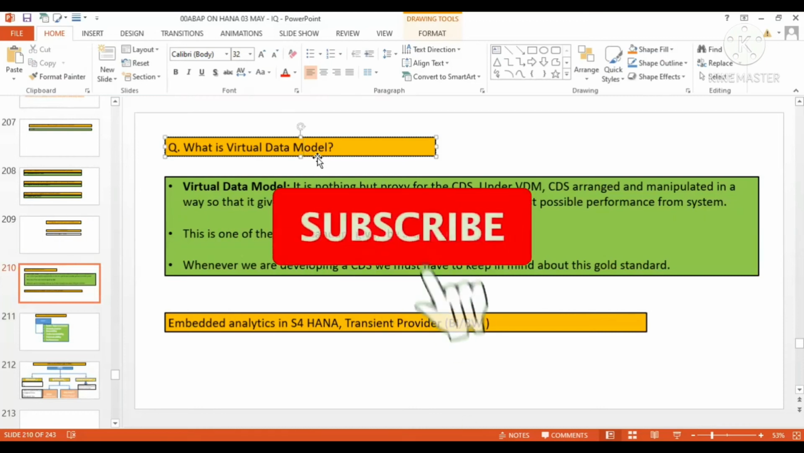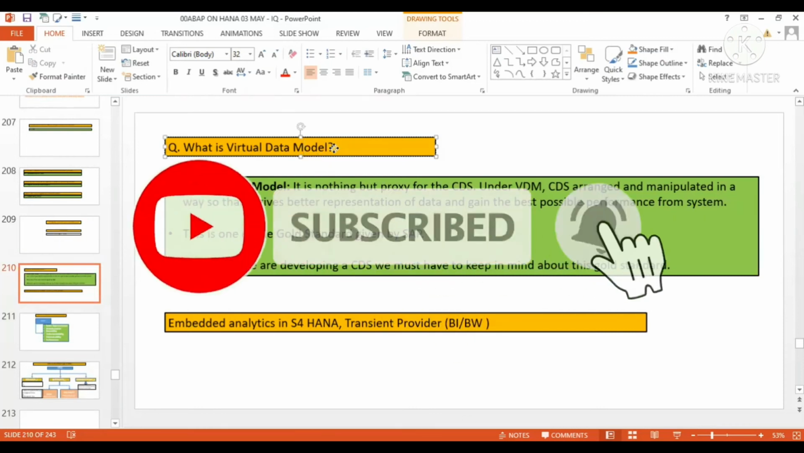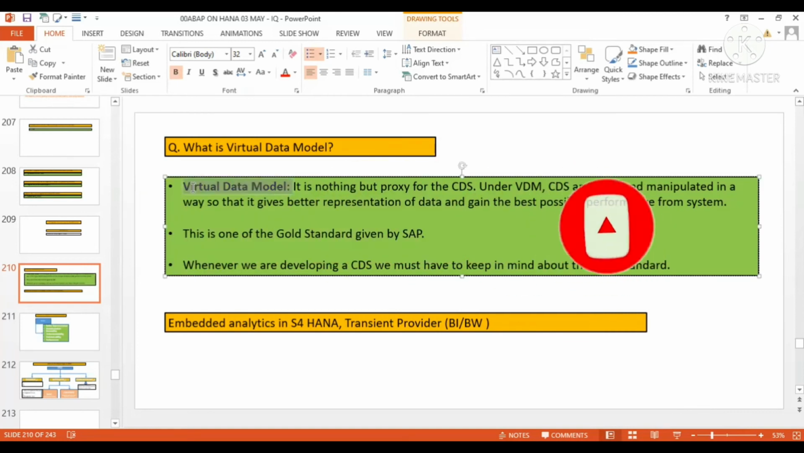Today we are going to discuss what is virtual data model. Okay, what is virtual data model and why this concept came into picture. Let's try to understand the virtual data model. The virtual data model has been made up with three words. If you understand the word, you will be able to understand the deep meaning